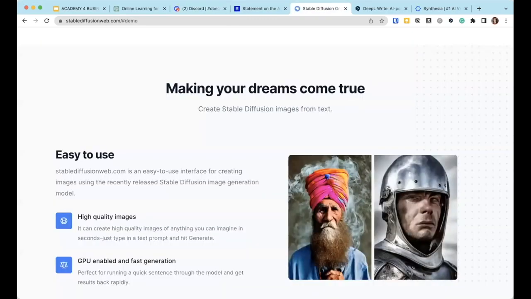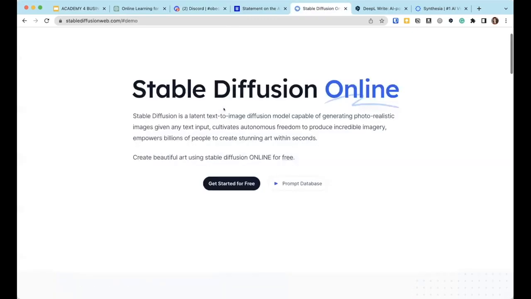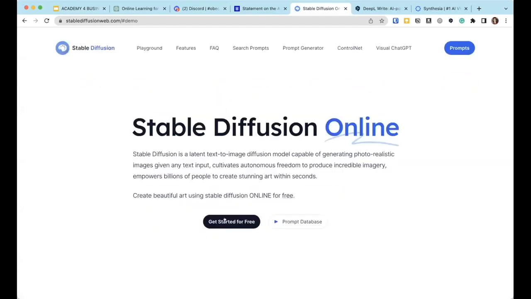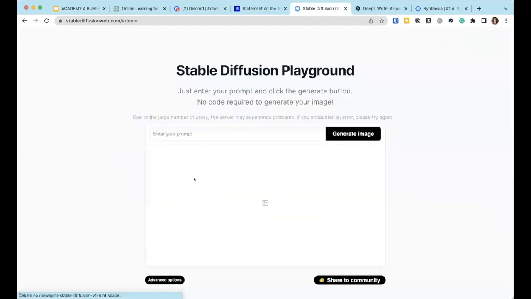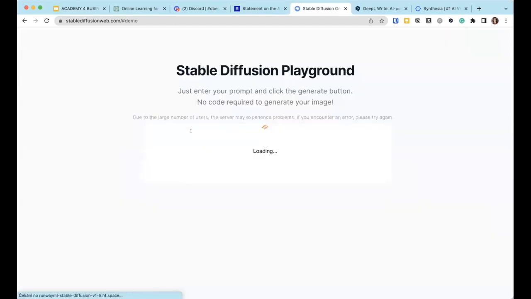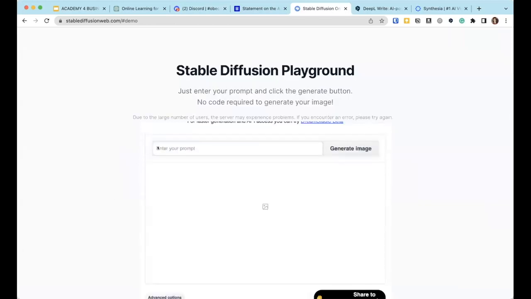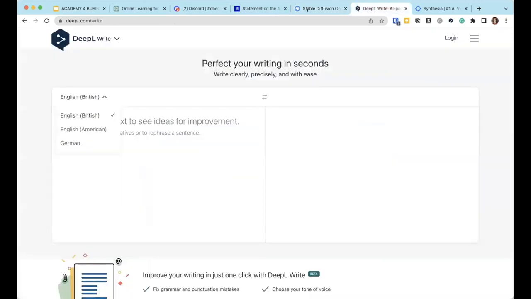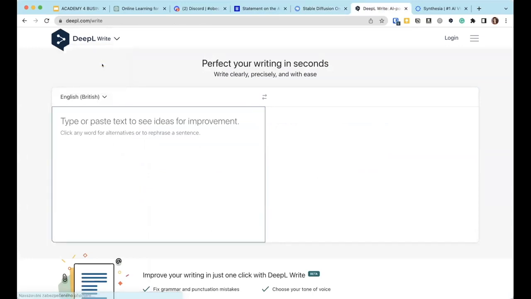The group number 4 also tested Stable Diffusion Web. It's a tool where you can test for free, and you can enter the prompts right here to check the results. DeepL, Agnieszka talked about DeepL Write. This is the new feature in DeepL where you can improve your texts in English or in German.